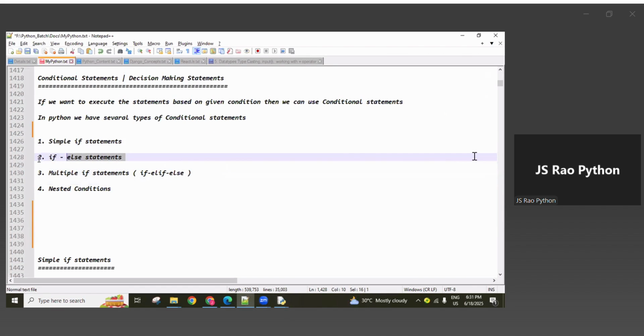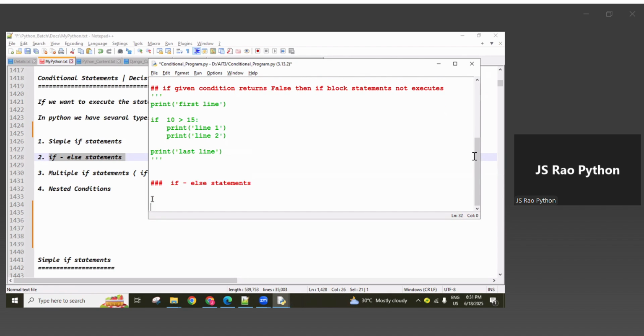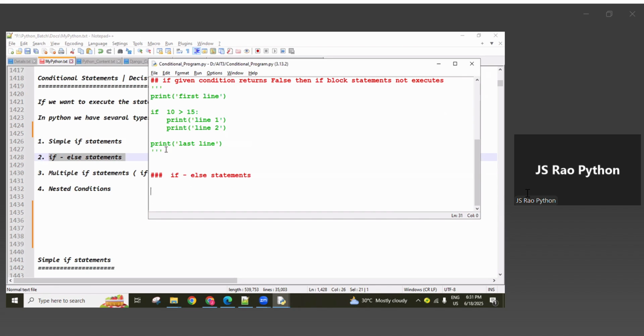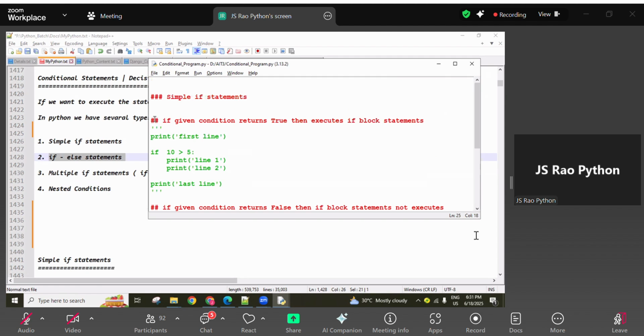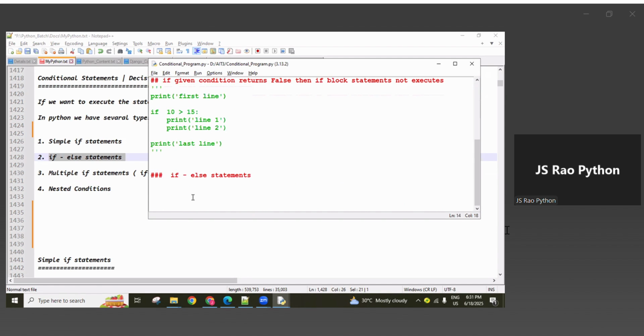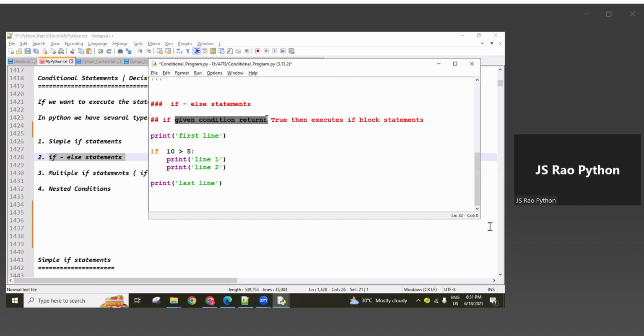Okay, so next coming to this one, guys. Coming to the second part, the if else statement. Working with the if else statement. Now this same one we can write, or else the first one. I'll change this message. And the next, here the else like we are writing, and print